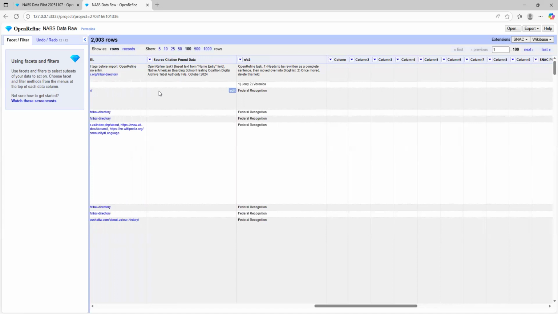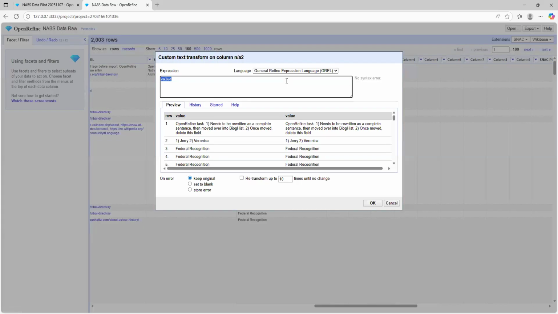So the first thing we're going to do is turn this into a complete sentence with another GREL transformation. So, checking my notes. So this is actually a fairly complex one. So what we're going to do is, there are two ways we could do this. I'll show you the simple one first because it's really useful sometimes to just be able to append text, and that would be,